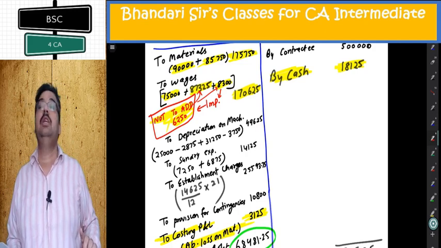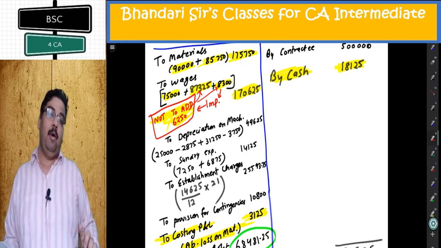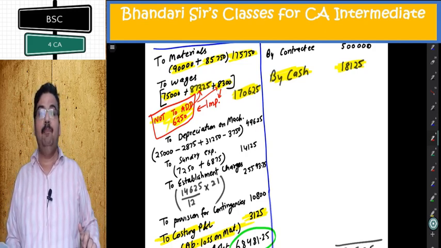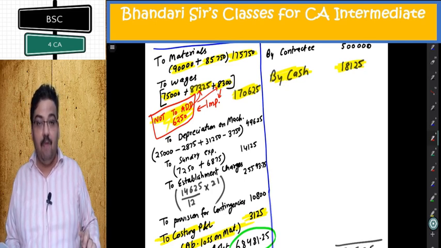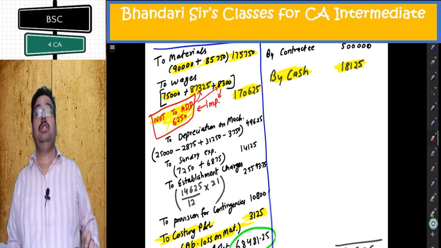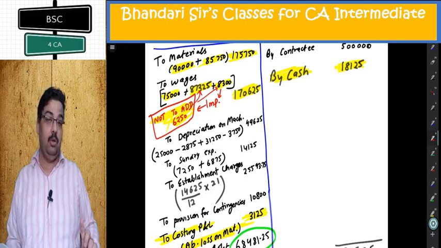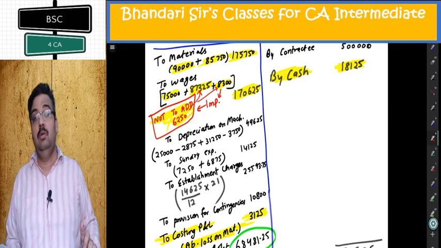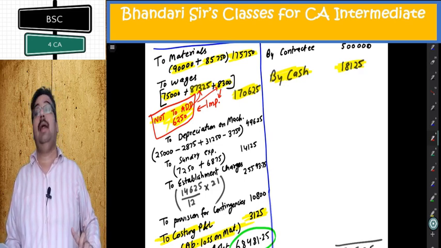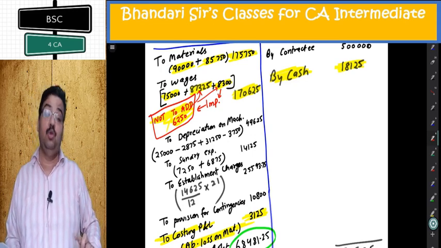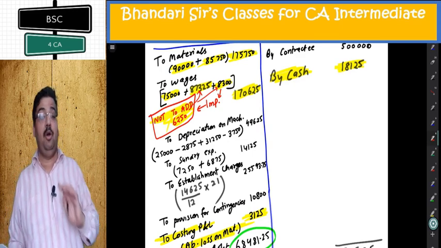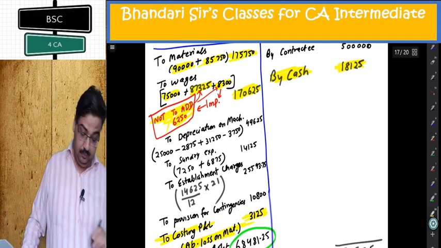Either understand logically or remember the point. Three things, outstanding, prepaid, and material at site of the intermediate period, will not be adjusted while making the memorandum contract account. Why was it given? For the purpose of making the correct contract account. There we did add 6250 in the labor cost. Here you will not add.